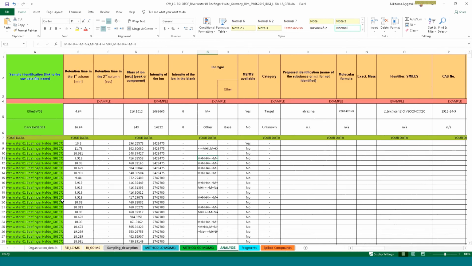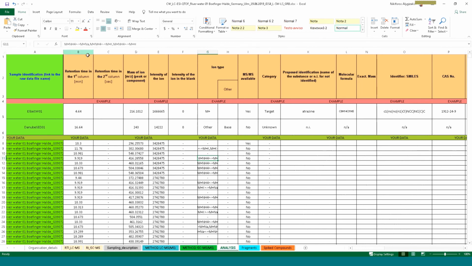Here we can find the sample identification, the retention time in the first and second column, if this is available based on the instrumental setup, the mass to charge ratios, their intensity, any detected ion type, meaning the adduct relationships that have been detected.